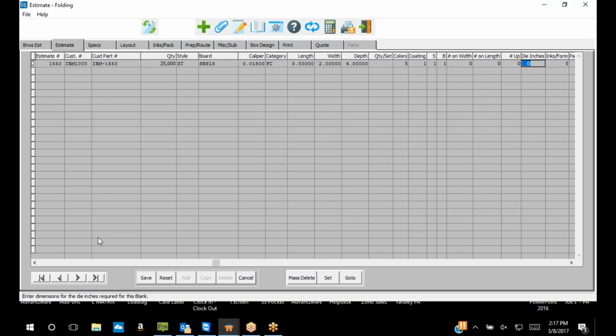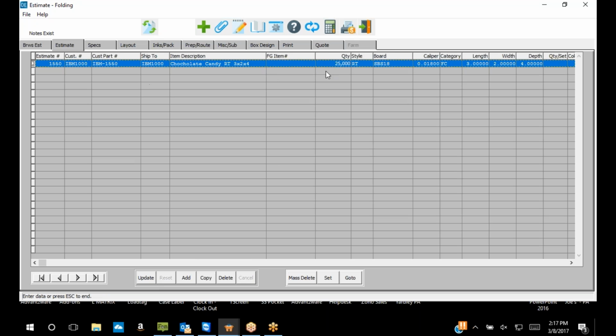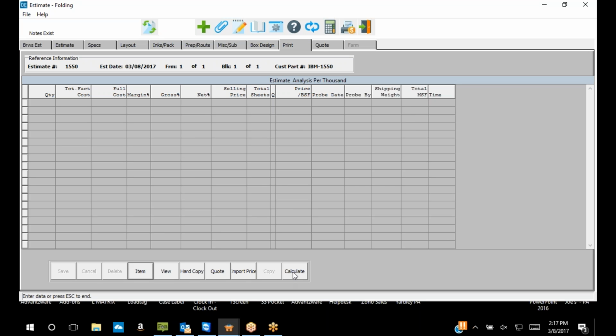There's additional fields if this was not a single item estimate, but this is a single item estimate, and since I'm manufacturing, it defaults to manufactured. Now, just by doing those 7 or 8 fields, it actually builds all these screens. And I could actually go right to the print tab now